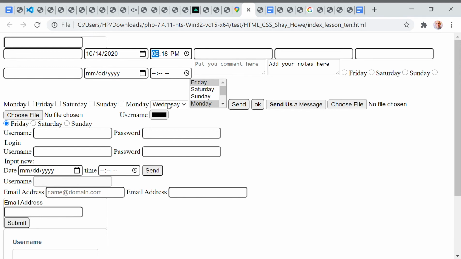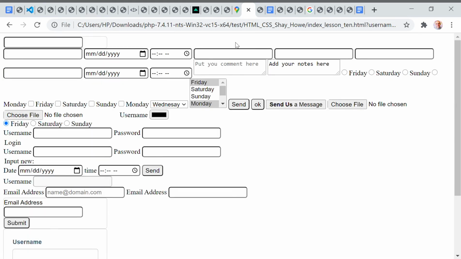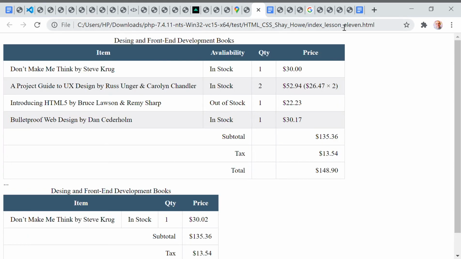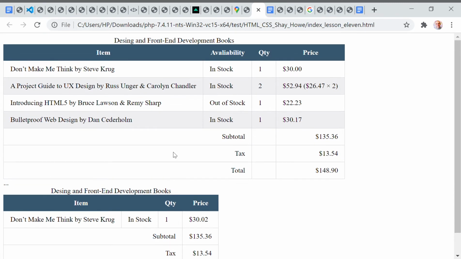Actually, this form I applied in my application, in my homework, and many different things. That was my training field, username and password, login, everything. Then lesson 11 was also related maybe to the tables, and after finishing that I understood that